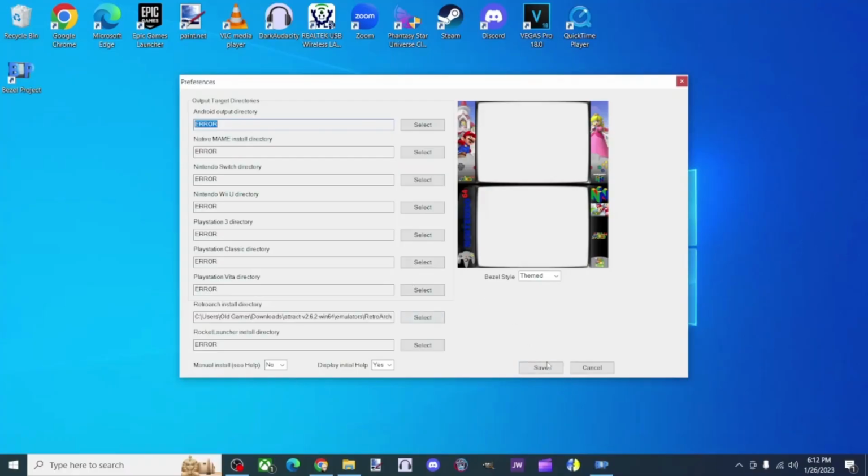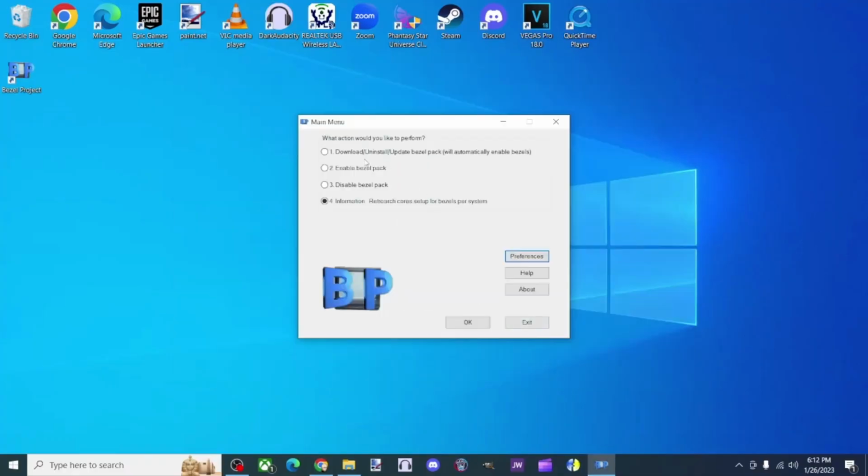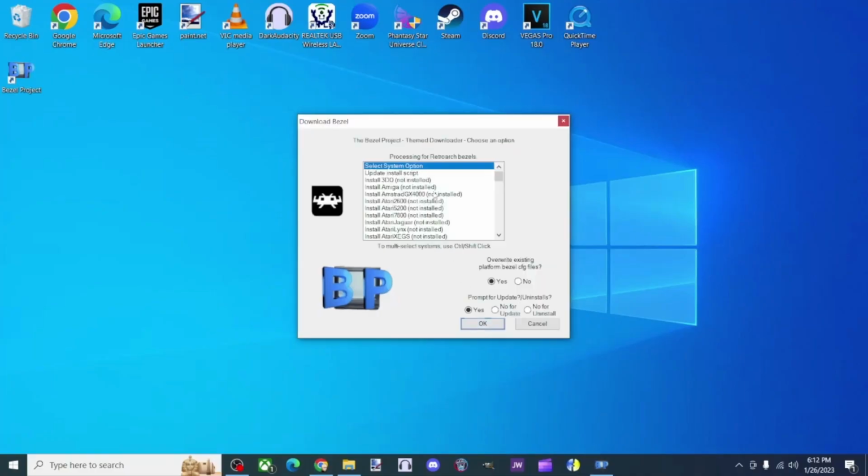And then we're going to go to Reference. No, we already did that. Okay. Hit save. And then we're going to go right here on top where it says download, install, or update bezels and packs and automatically enable bezels. We're going to proceed as RetroArch and we're going to hit OK. Give it a few minutes and then we're going to scroll down and find